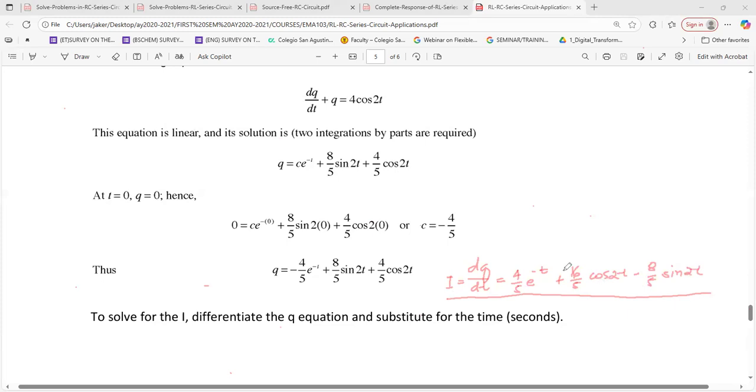What is the current in the RC circuit over time? You differentiate the answer for your DE, which is in terms of the charge Q, and that should give you the current. So if you are asked for the specific current, just substitute the t value after however many seconds the problem states, and you determine the current. The answer here is expected, of course, to have a final unit of amperes. Okay? You have any questions?